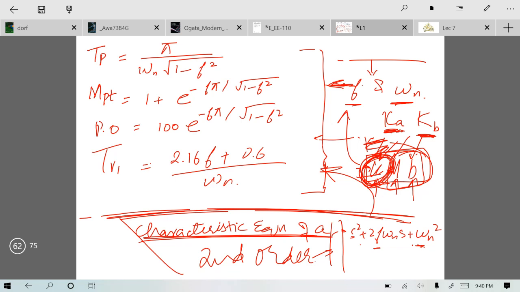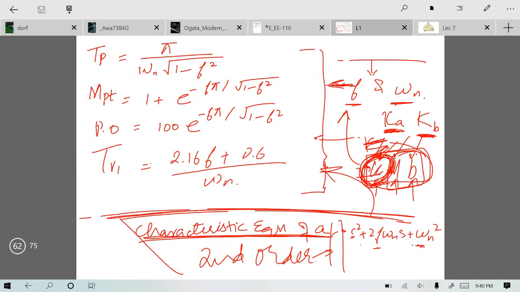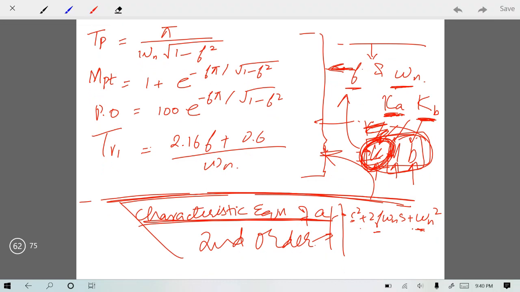Okay, so let's now discuss another important point. All this discussion that I have made is for a second order system with a step input. This we have already discussed. Now what if I have a third order system? For example, I gave you a system in the exam which is actually a third order system, and if you blindly apply all these formulas to a third order system, obviously your answers will be incorrect.